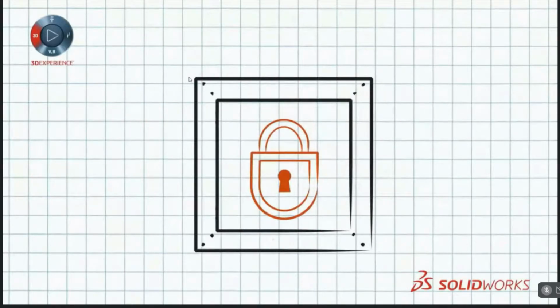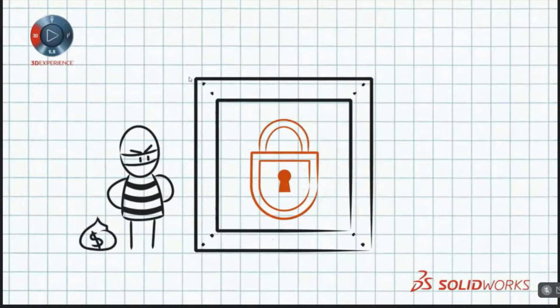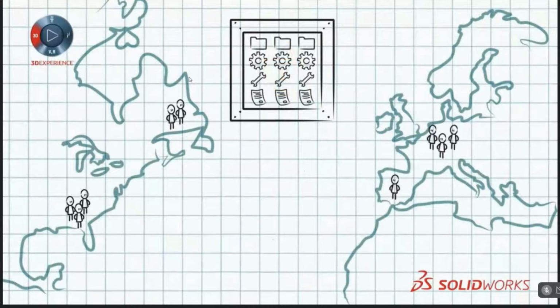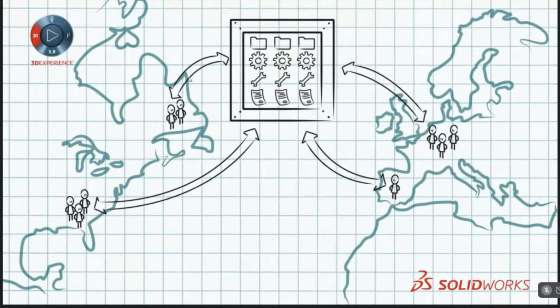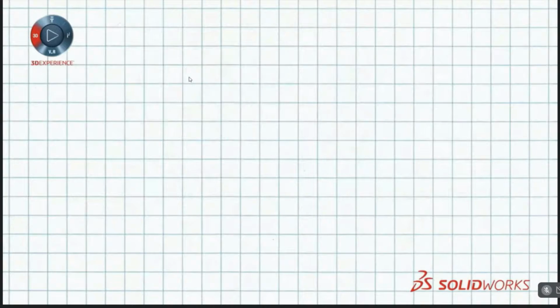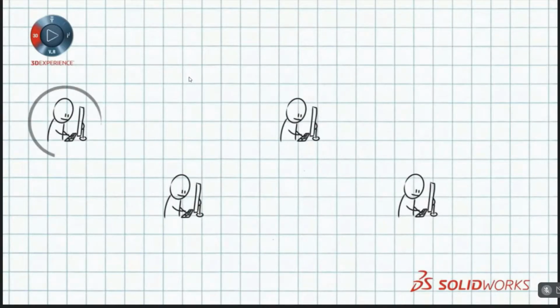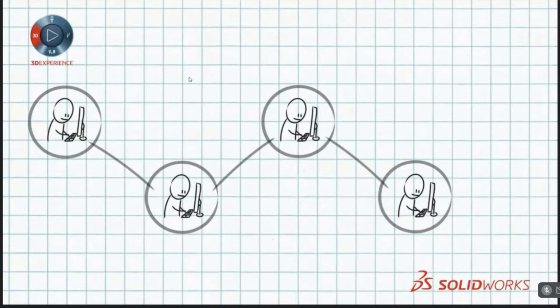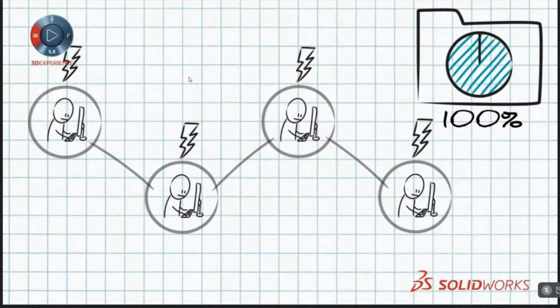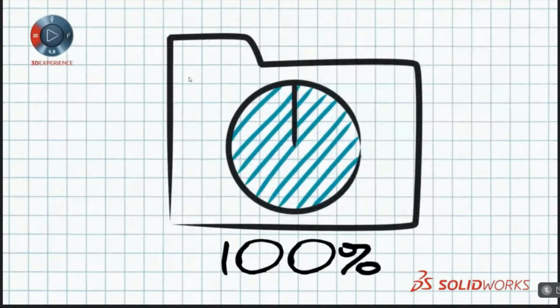And you can set security so that only the people you want have access to your files whenever they need them. Even if your design team is spread around multiple locations, PDM gives them quick access to your data. Data stores can be replicated locally and synced automatically for instant access from anywhere in the world. In addition, PDM provides a higher level of productivity and collaboration through its automated workflows. Data is routed throughout your entire organization, and critical information is delivered directly to your design team. Automatic notifications and a streamlined approval process remove bottlenecks, and you always know the status of your projects.